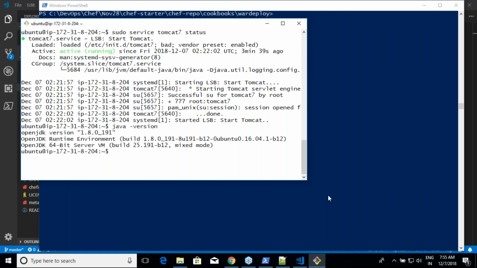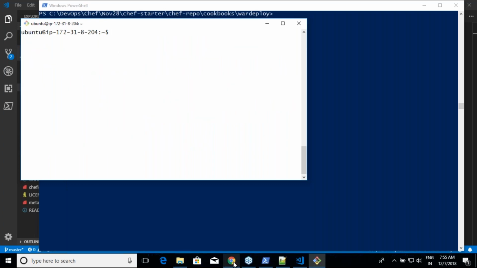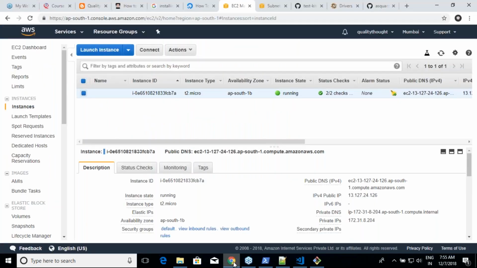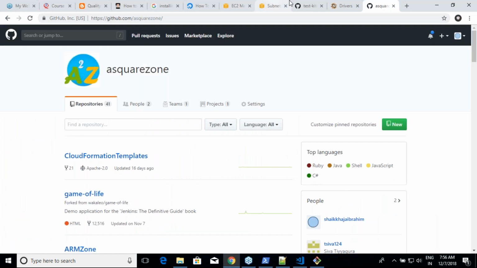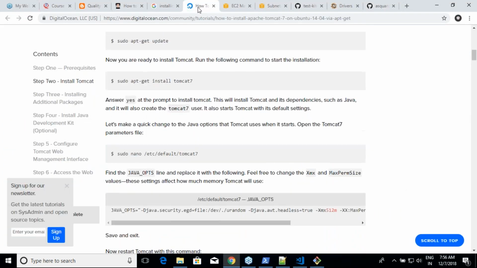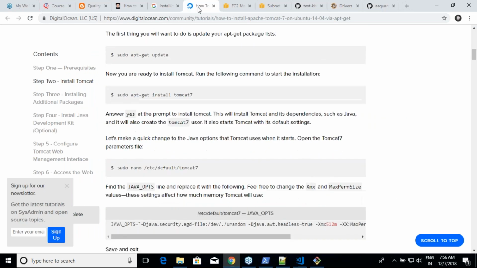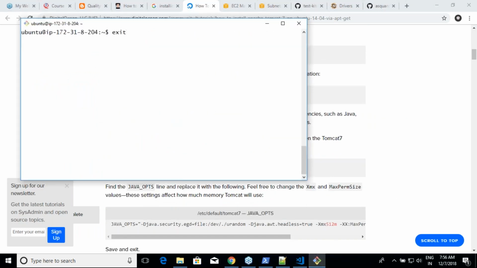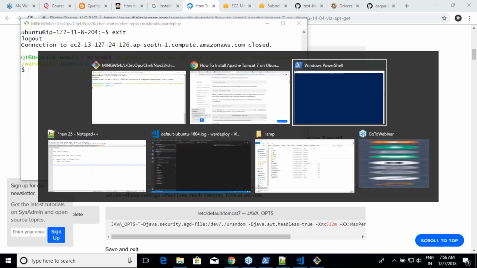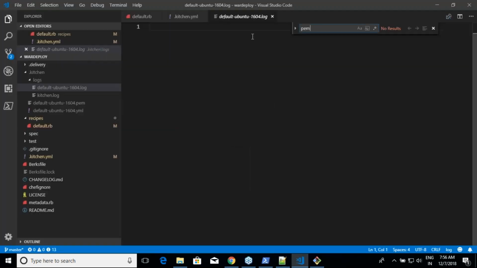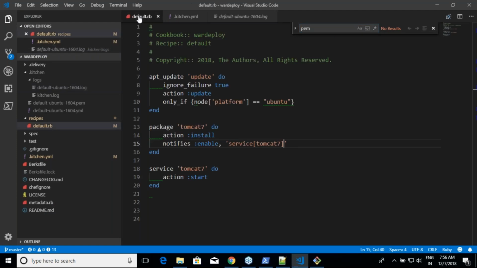So now let me go back to where it was. This one. This is what we have done, right? Yeah, but we have written all of this stuff first in default.rb, and I don't think it is a good idea to write everything in default.rb, right? So let us first try to refactor that stuff.